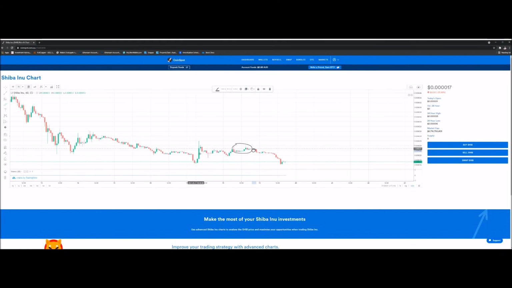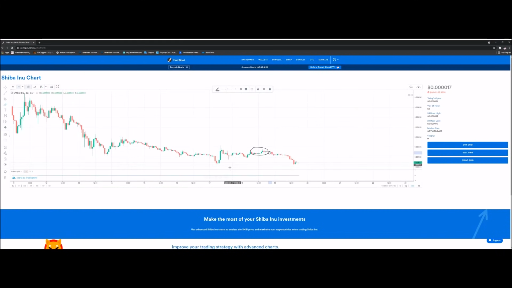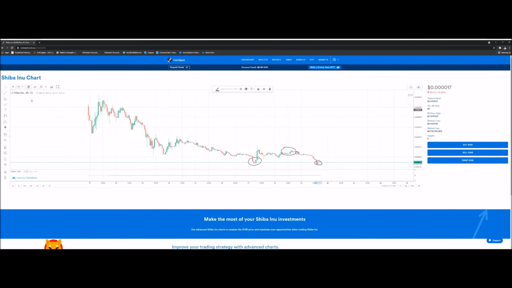Now, what we actually do have from a longer term perspective is a potential, and I emphasize potential because it hasn't happened yet, a potential double bottom. So we've got a bottom here, and we've got, as you can see, the price action occurring in this region here as well. Now, if this is a true double bottom, we should see effectively the price go in this direction and bounce. If this falters,